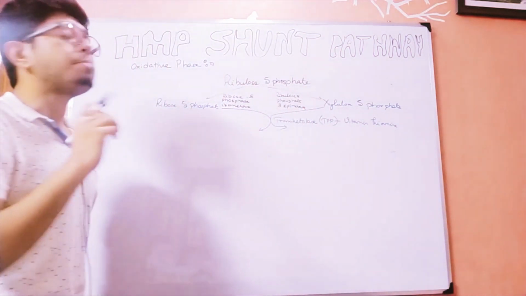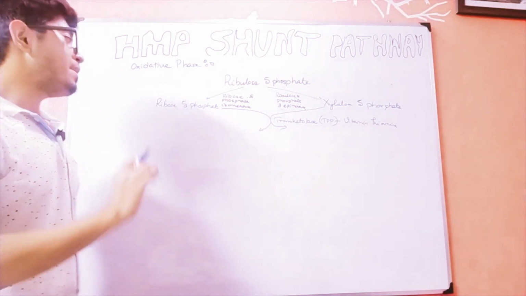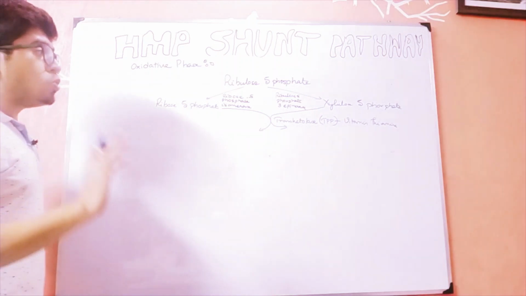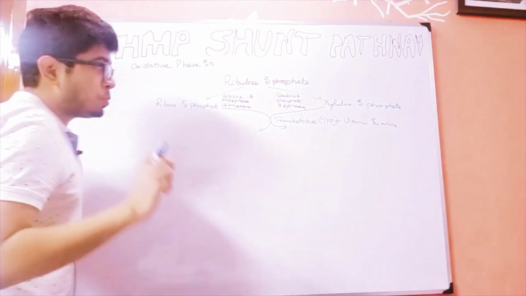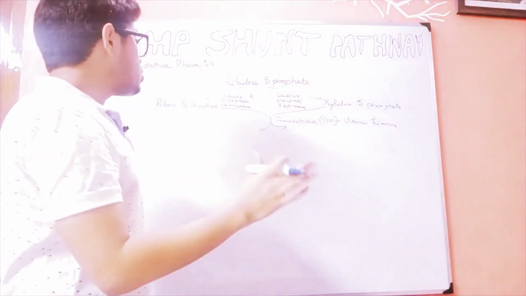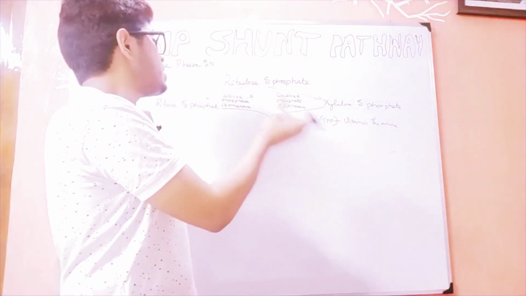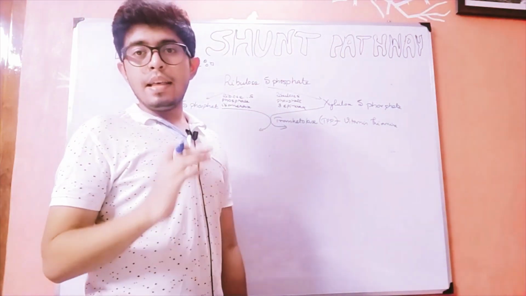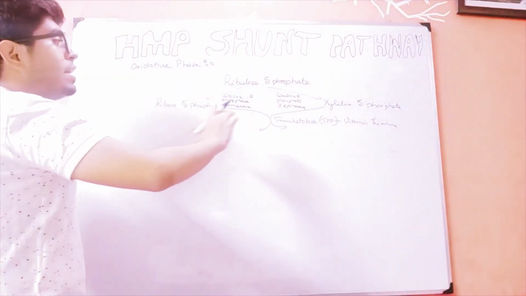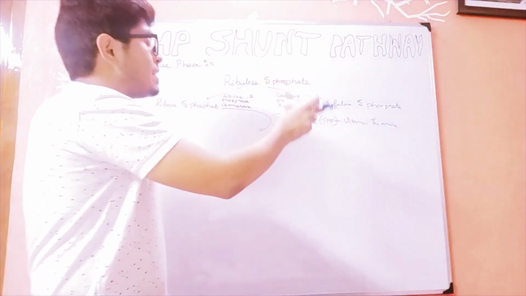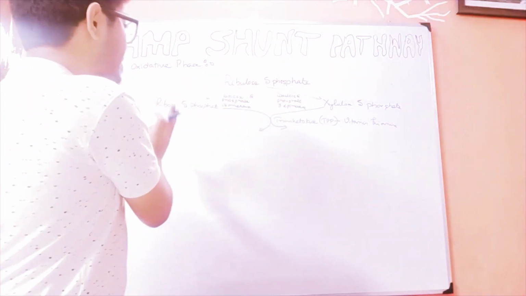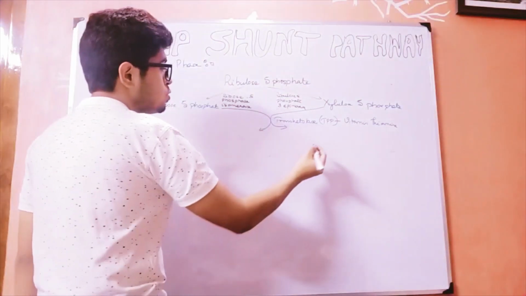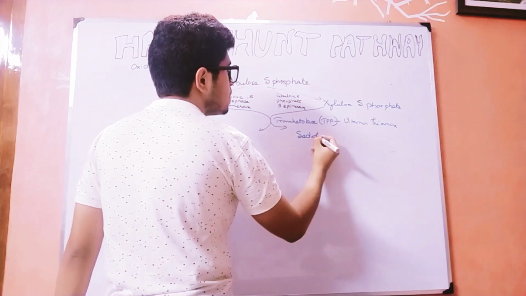So it is a thiamine pyrophosphate requiring enzyme. Here, transketolase is an enzyme which will transfer a two-carbon group from the ketose to the aldose. So here we know that xylulose 5-phosphate is the ketose. From xylulose 5-phosphate, there is going to be transfer of a two-carbon compound to the ribose 5-phosphate, therefore giving rise to